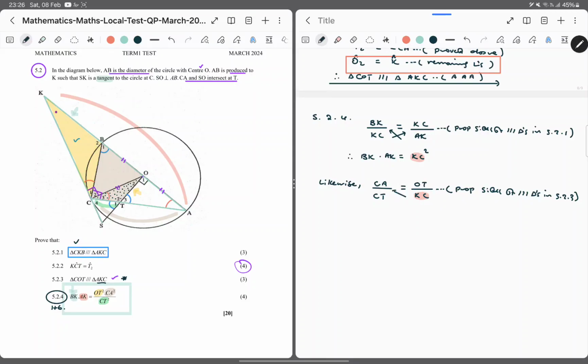Of course, first of all, we cross multiply. And I can do this quick, but let me be easy on you. So this is going to be KC times CA is equal to OT times CT. Right. Now, what are we going to do? We want to isolate KC. We can say therefore,